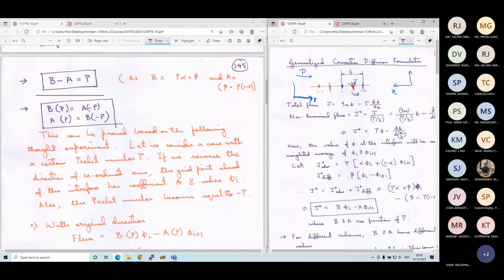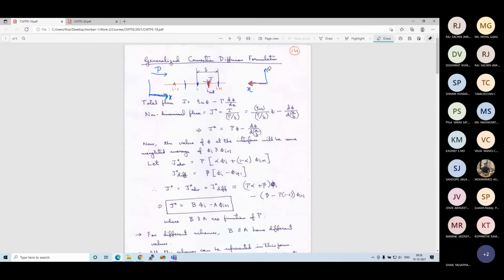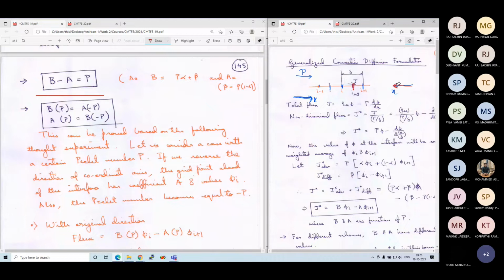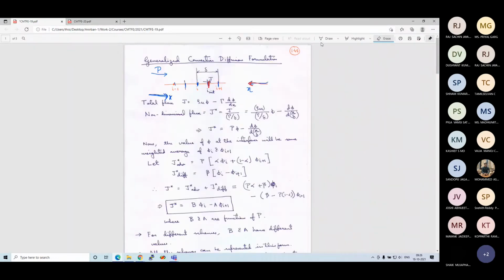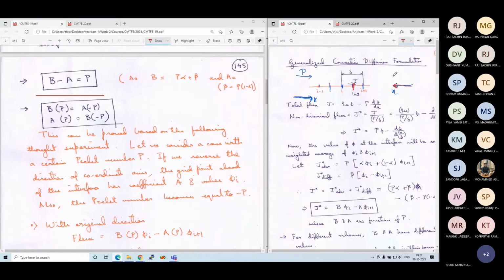Now we will solve the same problem, but in a reversed coordinate direction. This is x. Forget about this top part. It's a 1D problem. So now this is our coordinate direction. The physical problem still remains the same, right? The flow is still occurring in this direction with the same velocity. The physical problem does not depend on the coordinate. We can select any coordinate. It's the actual problem, so it's occurring from left to right.